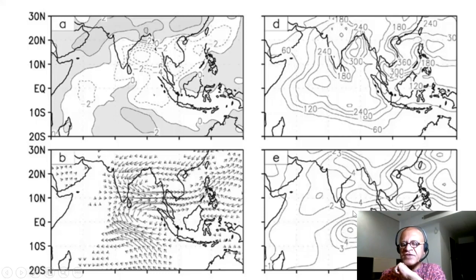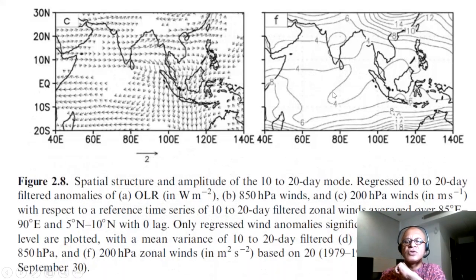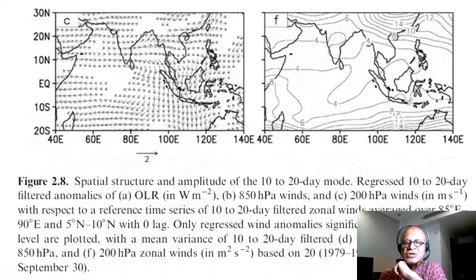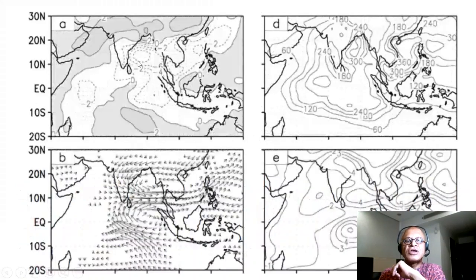E is the 850 hectopascal and F is the 200 hectopascal winds. Basically you can put them together and get the structure of the 10 to 20 day intraseasonal oscillation, which has a predominantly northwestward propagation. Okay, so be careful. Here we are looking at OLR anomaly, here we are looking at total OLR, and one